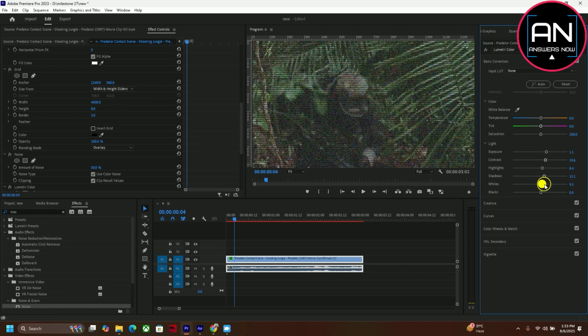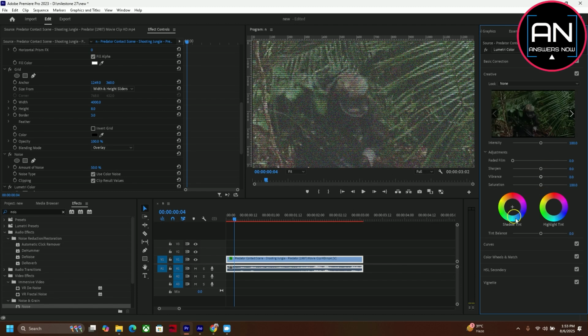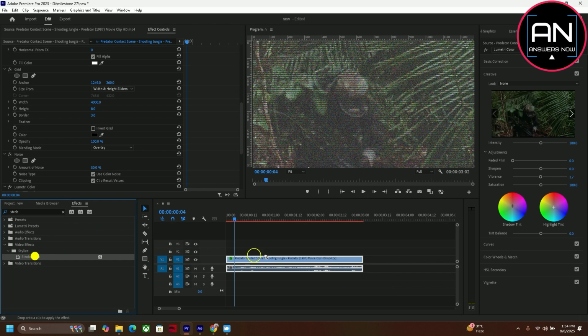Now go down to the creative tab and decrease the vibrance a little bit. Now click and drag the shadow tint a bit toward red, and then drag the highlight tint a bit toward blue. If you enable the effect, we can see the changes that we have made